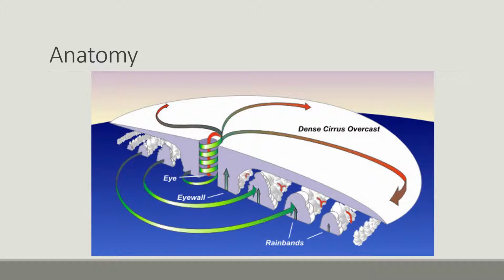So as air rushes in towards that area of low pressure, before it can actually reach that center point, it gets turned to the right in the northern hemisphere with the Coriolis effect. So we end up with a clear eye that then allows air to sink from all of that rising air that's coming up from around it. So it's very calm in the eye of the storm. It can be fairly clear. We don't get that cloud coverage that we see in the rest of the storm.